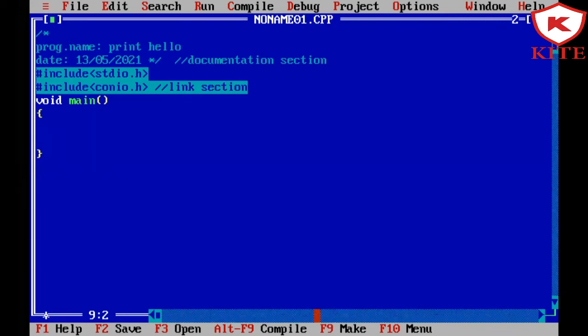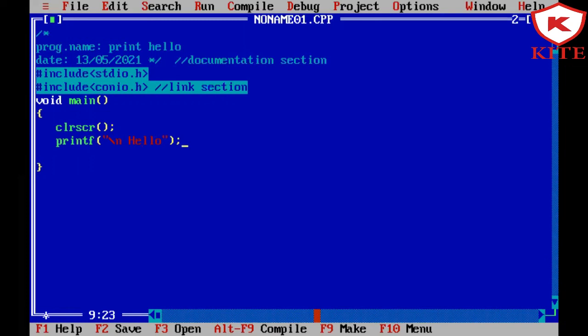Okay. I want to print only hello. So first, I use the function clear screen. Second, printf, then double quotations. Now backslash n indicates a new line. Then hello.